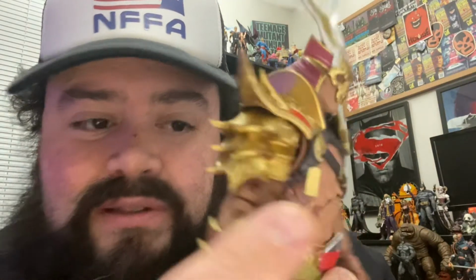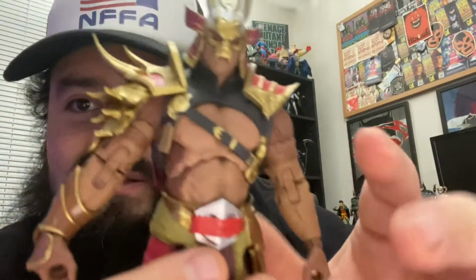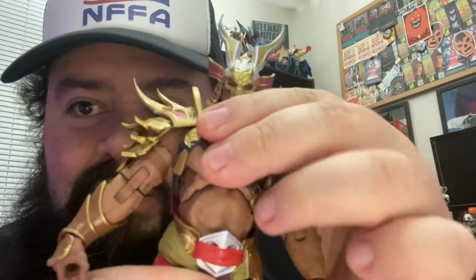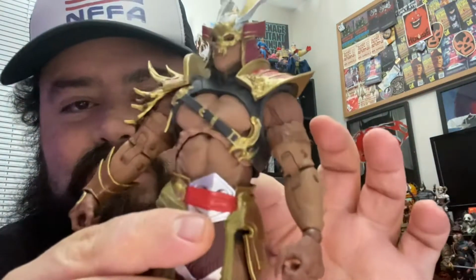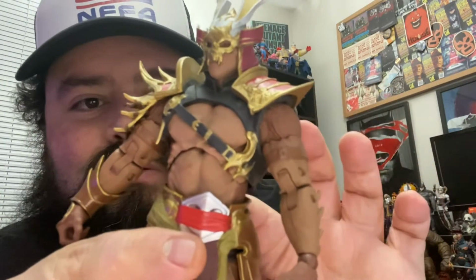I will say he's got a ton of cool articulation. A lot of it is hidden. So there's all the spikes. He's got double knees, rocker ankles. He even has toe articulation, which is very rare. His diaphragm is really cut and awesome, and he has a waist, so there's diaphragm here, diaphragm here,